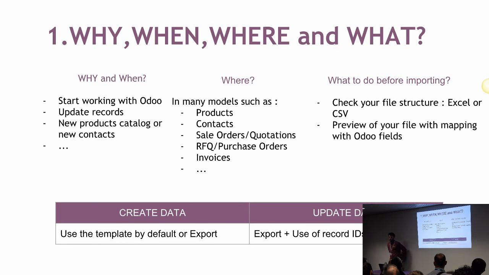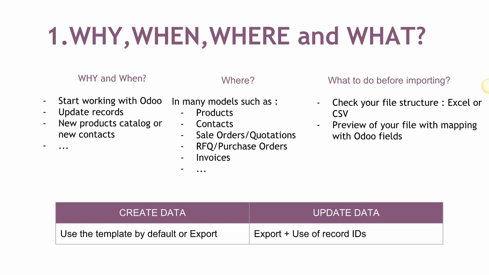First, why and when? Of course, I think the easiest way to start a project is to have an empty database. For example, if you are working with another ERP and you want to switch to Odoo, you have a lot of clients, a lot of products, you have everything, and you don't want to create them one by one, of course. That's why Odoo can easily import all your files, all your sale orders, invoices from scratch directly